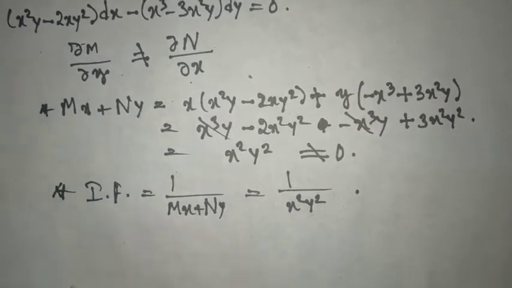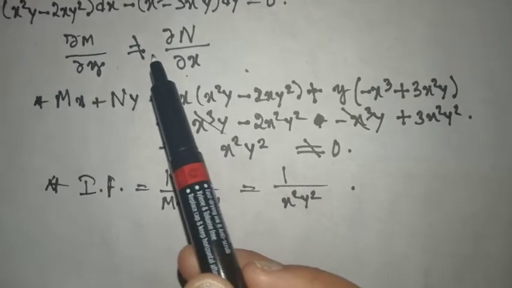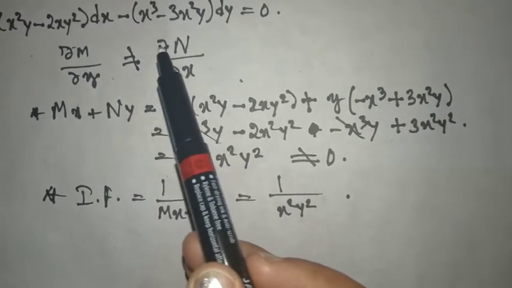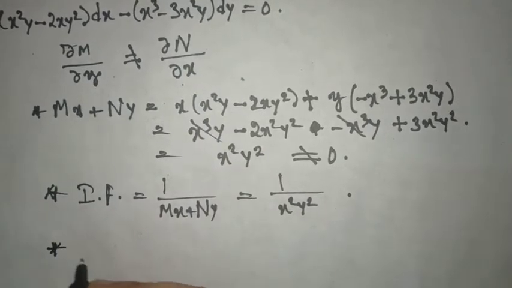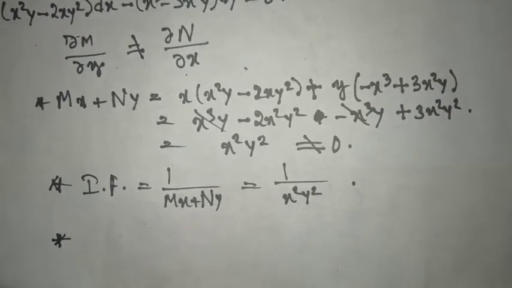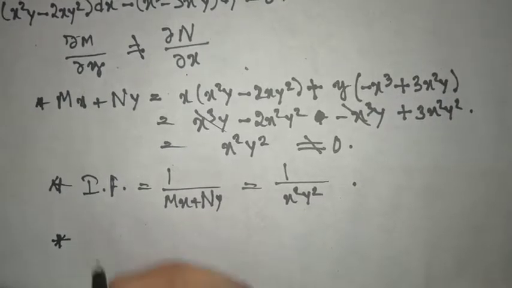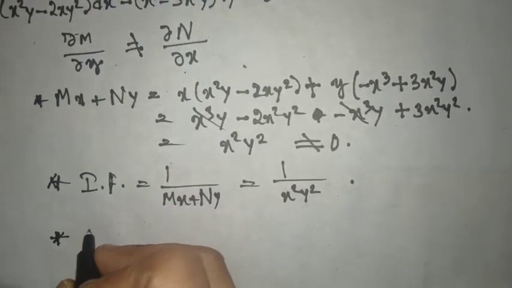On multiplying, we only make it exact, because after multiplying you can find del M by del y and del N by del x and they will be equal. So I'm directly finding the solution,